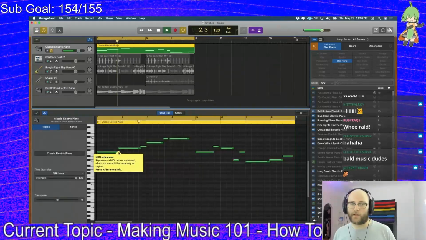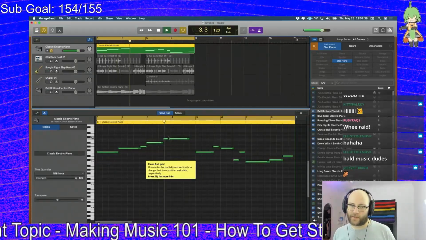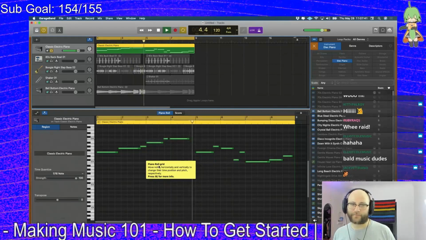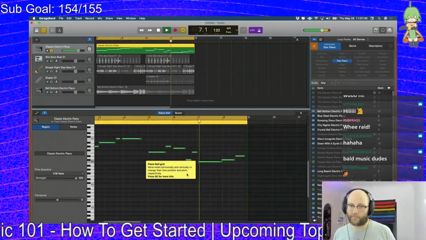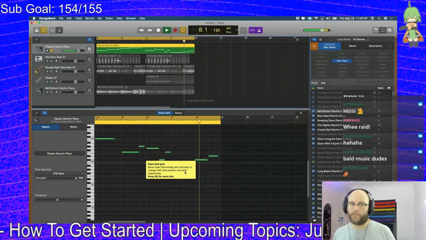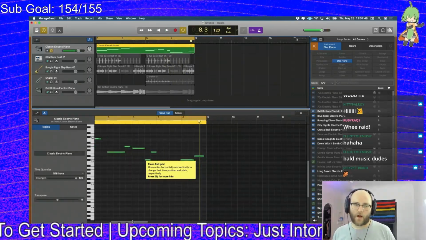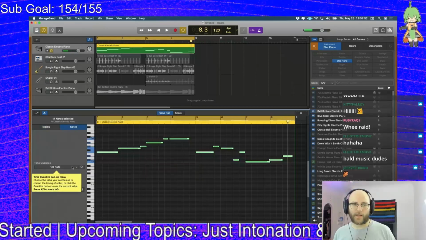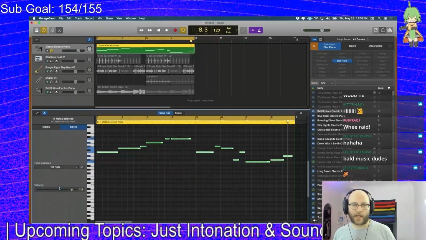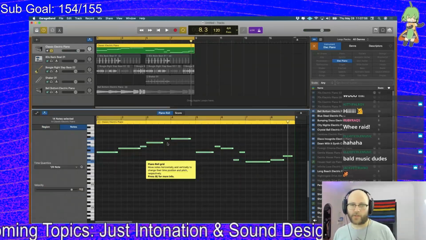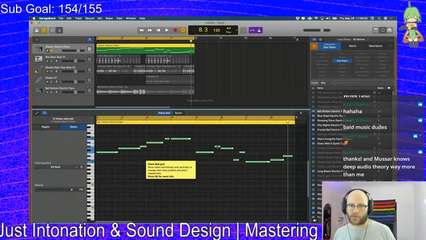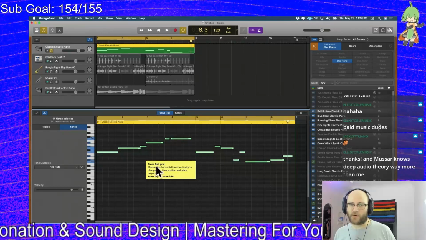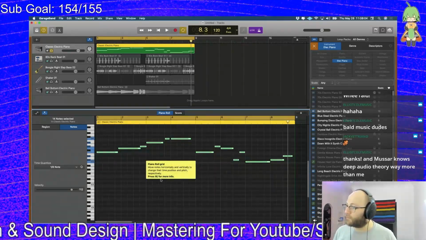I like that one, but I don't like these. These feel off. Don't quite like that one. So some of these are off. Let's go ahead, select all of these. I'm going to quantize this to an 8th note. As you can see, these two notes moved over a little bit. These notes all kind of locked in. These notes moved over. And if I just play this through,